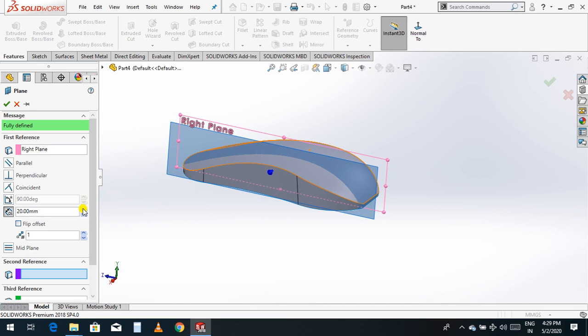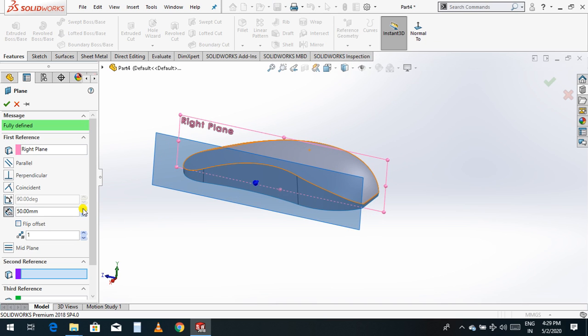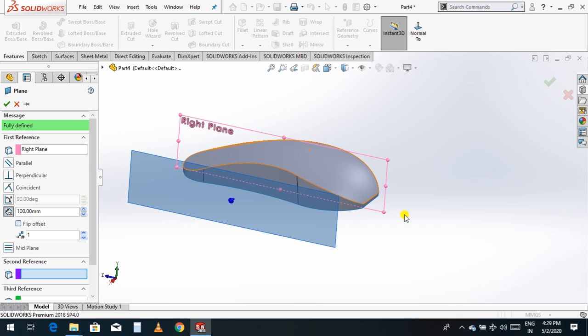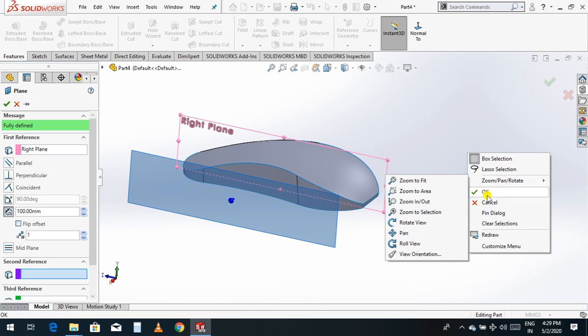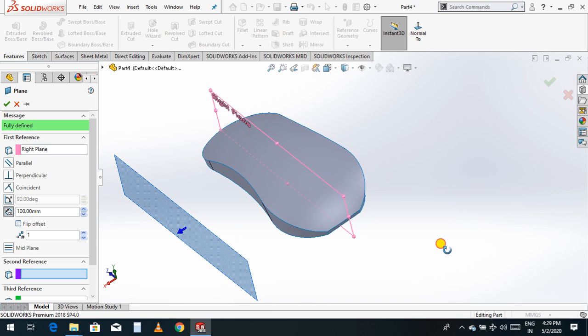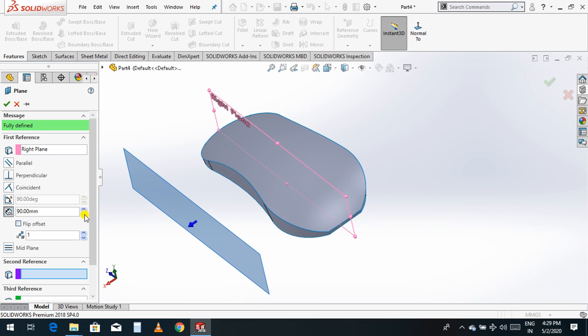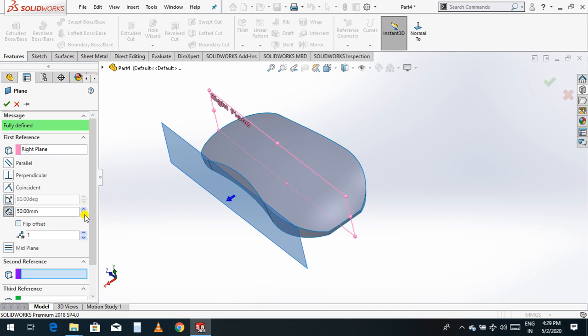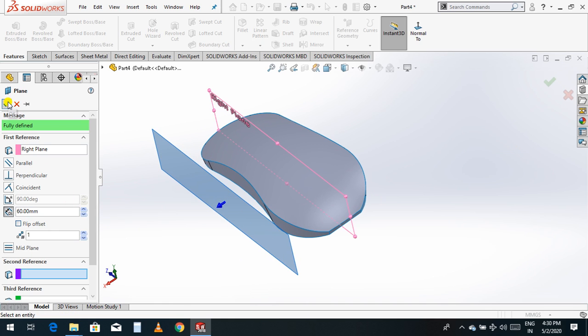Now just flip, extrude. Now just rotate. It's too high. Okay.